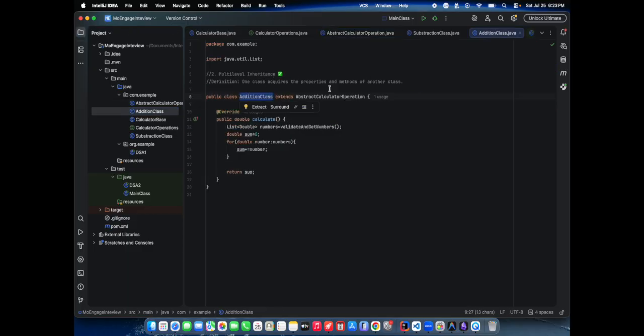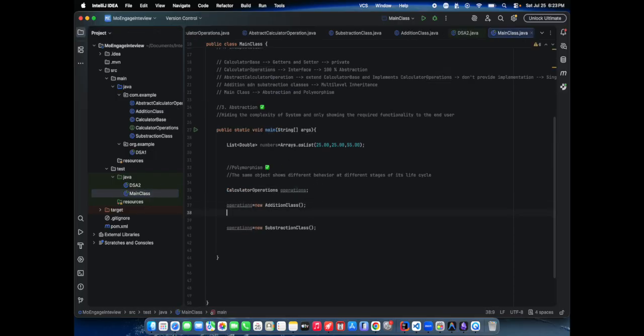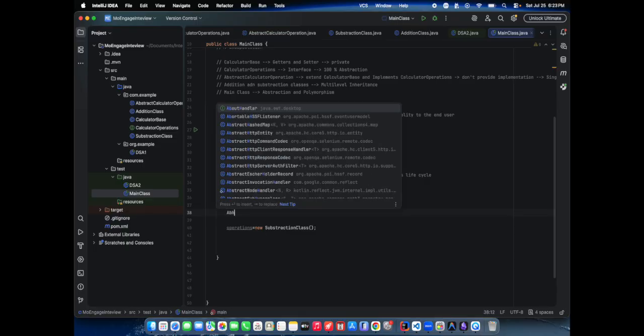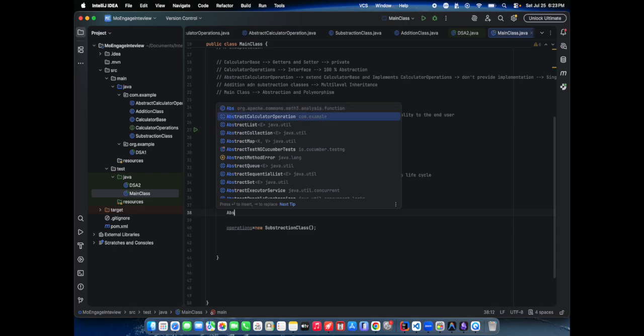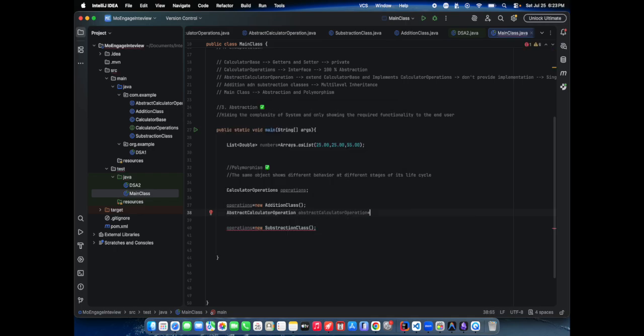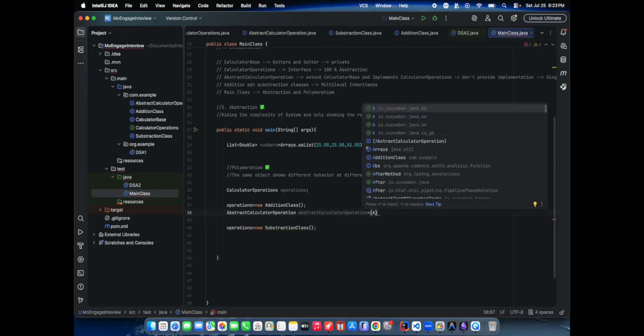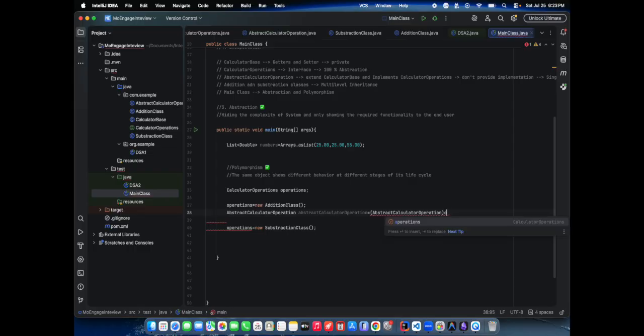additional class, I need to go to the abstraction calculator. Okay, so I will write abstraction calculator operation, abstraction calculator operation is equal to abstraction calculator operation of operations. And from here, once we get that abstract calculation operation object, from that object we can have the set number, and here we need to set the numbers, and then post that we can simply print this